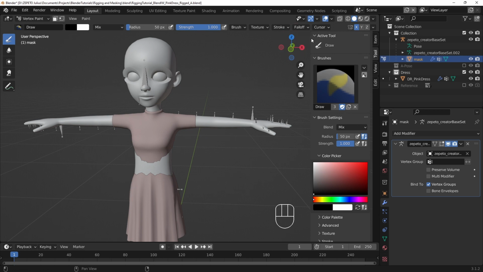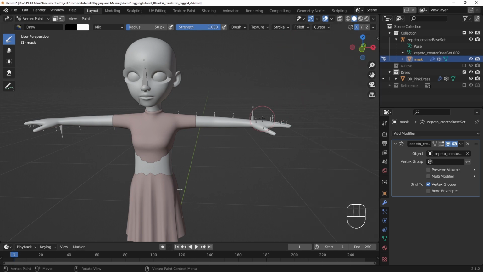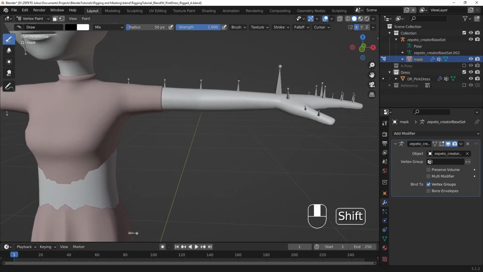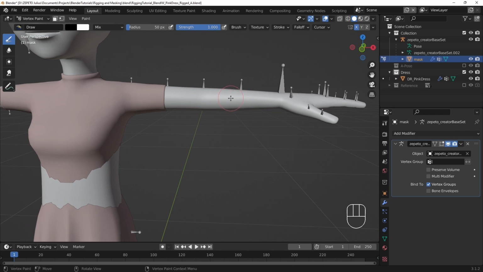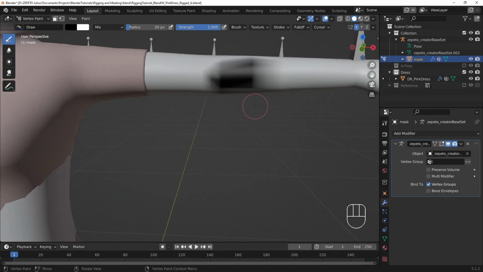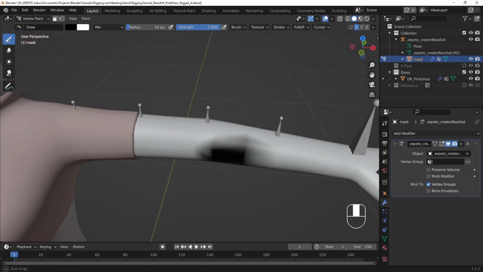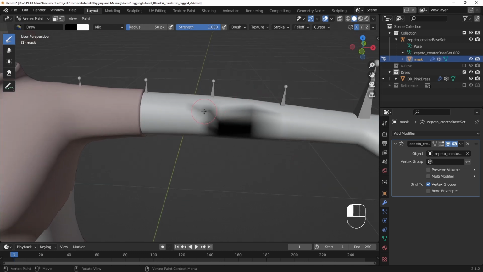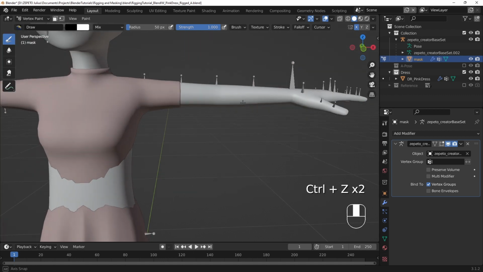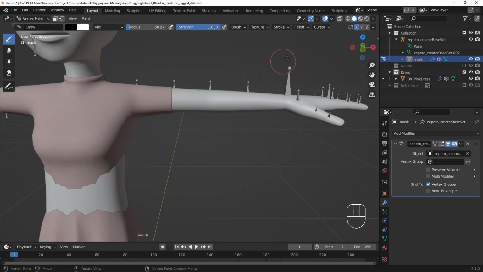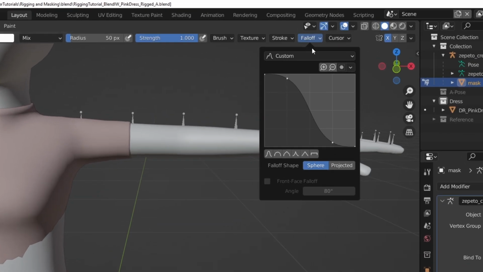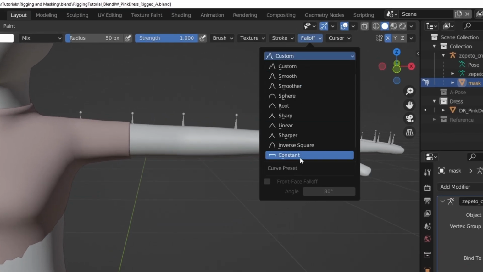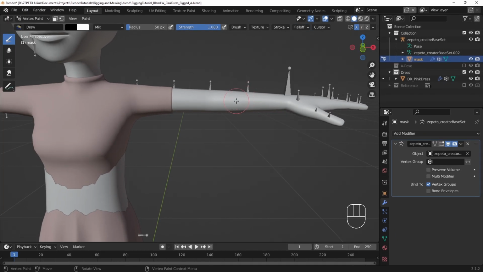It's also good to change the brush falloff mode to constant. This type of brush falloff will prevent vertex colors being painted on as gray, as opposed to black and white, which may cause errors during the conversion process. We can change this through the falloff menu by selecting the Custom drop-down option and selecting Constant. This will make the brush flat with no gradation.